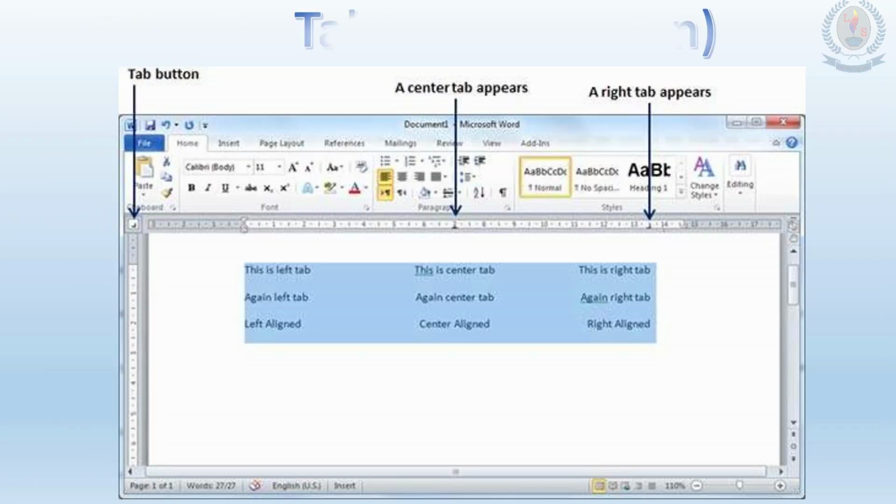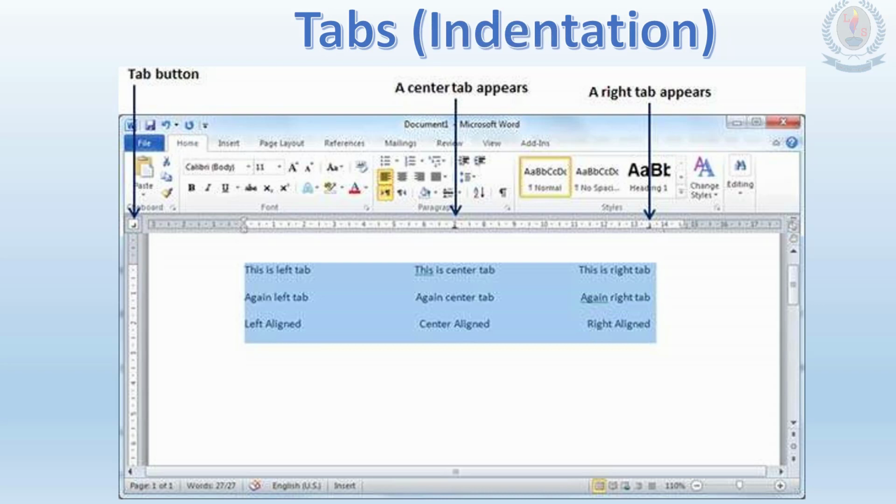And then the next formatting we are going to use is tabs. We know what the tab key is doing. It moves across many spaces at a time. So here one tab has been set. I hope you can see this dark black sign. There are 2 tabs set. Once you type this and press the tab key, it will directly move to this level. And type this, and again it will directly move to the 3rd tab, right?